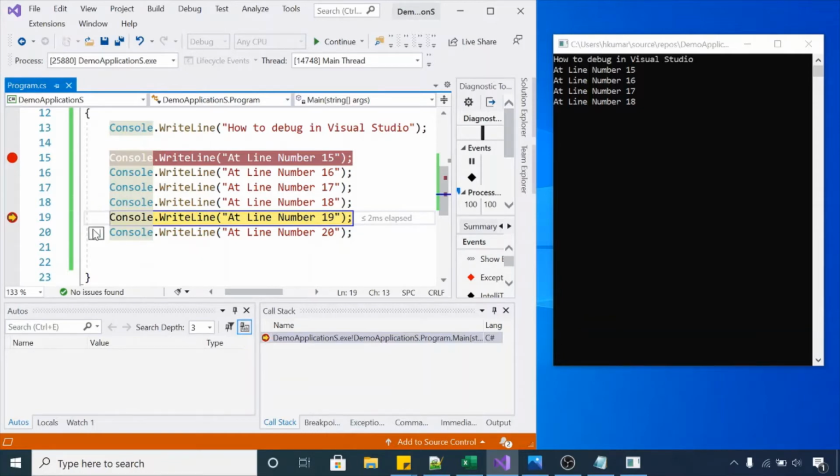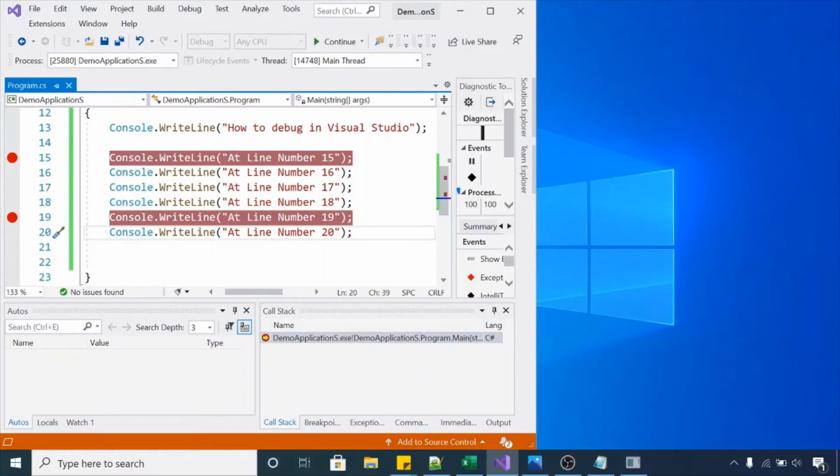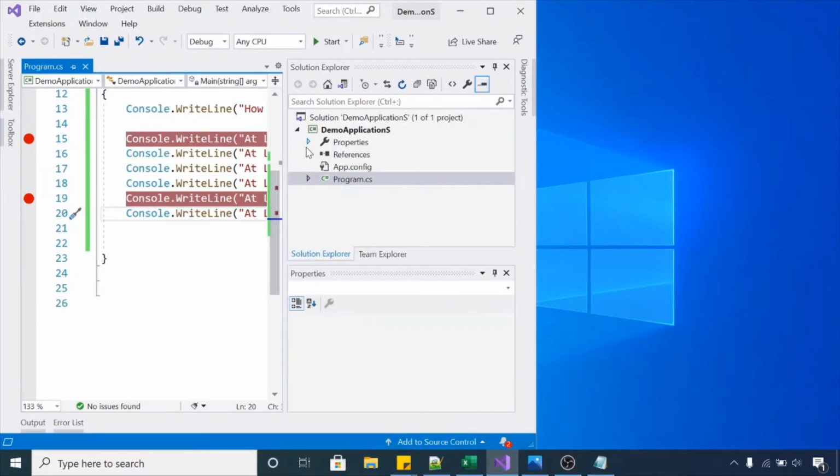Now the control is at line number 19. If I press F5 again, it will complete the execution because we are not having any breakpoint after line number 19. Let me press F5 again. It will just complete the execution and close the console.